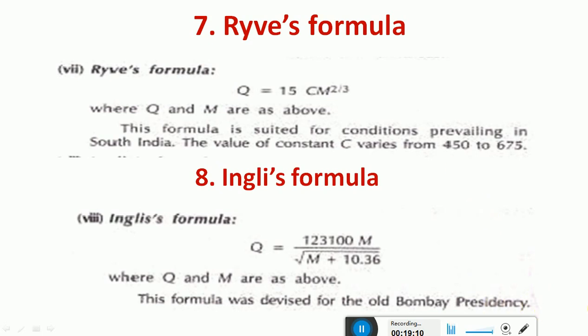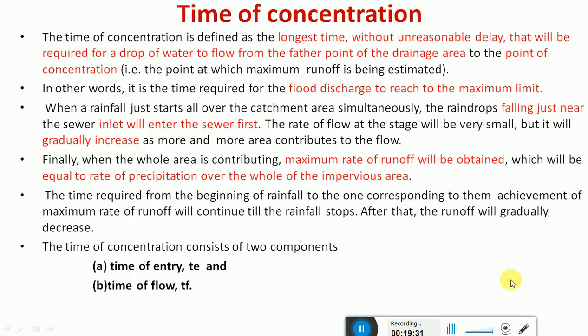At that time, Bombay, presently Mumbai, is a coastal city, which will usually receive more rainfall. So it depends; you can see the difference in the formulas, it varies from place to place and with the local condition. Then you have a term called time of concentration.